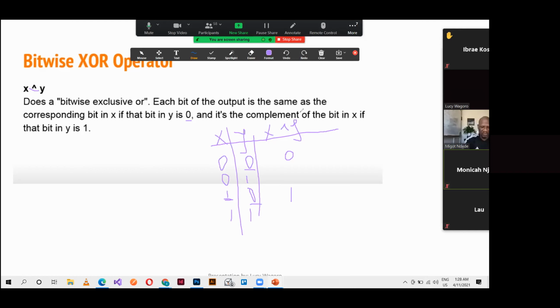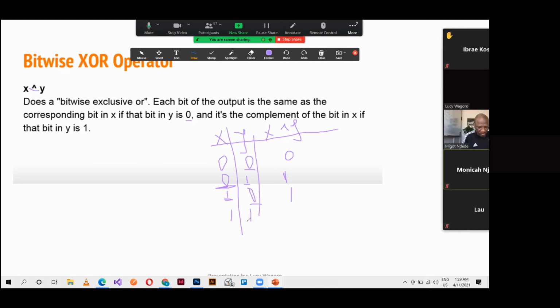A complement, we said, is an inverter, the opposite. Like what complements what? We say a woman complements a man. So it is the opposite. When it is a 0, it is a 1. When it is a 1, it is a 0. It is the complement, what completes something. That's why I said a woman completes a man. So it's the opposite. So when we have Y as a 1, then the result here is the opposite of the value in X. So it becomes a 1. Yeah, because we are giving it an opposite.